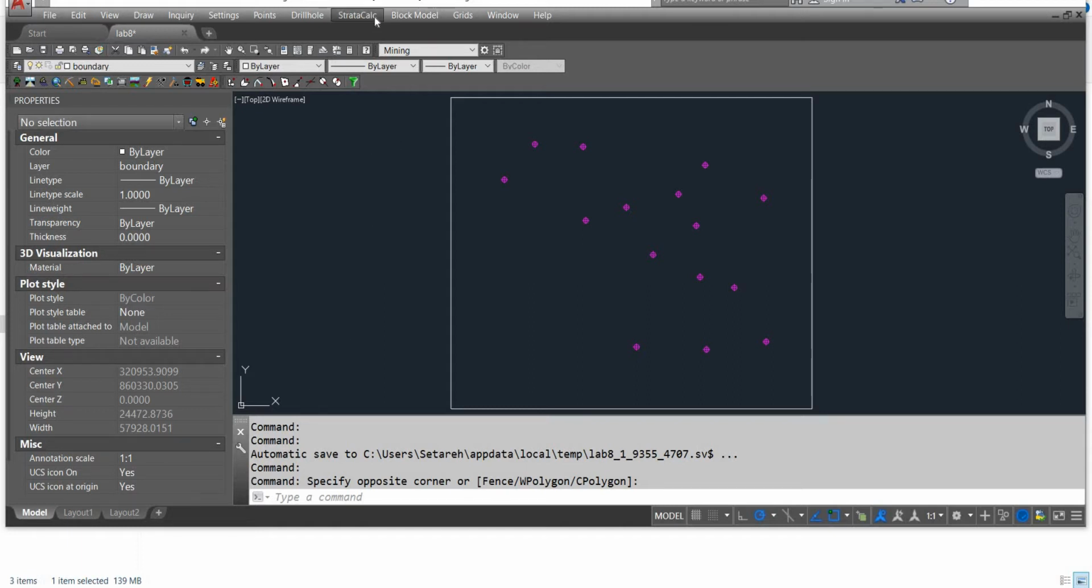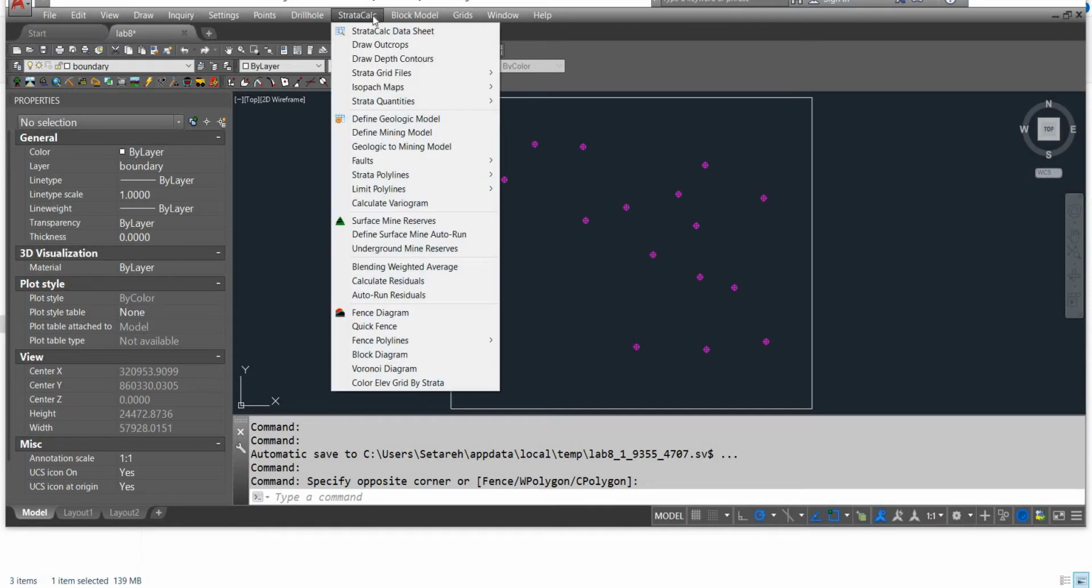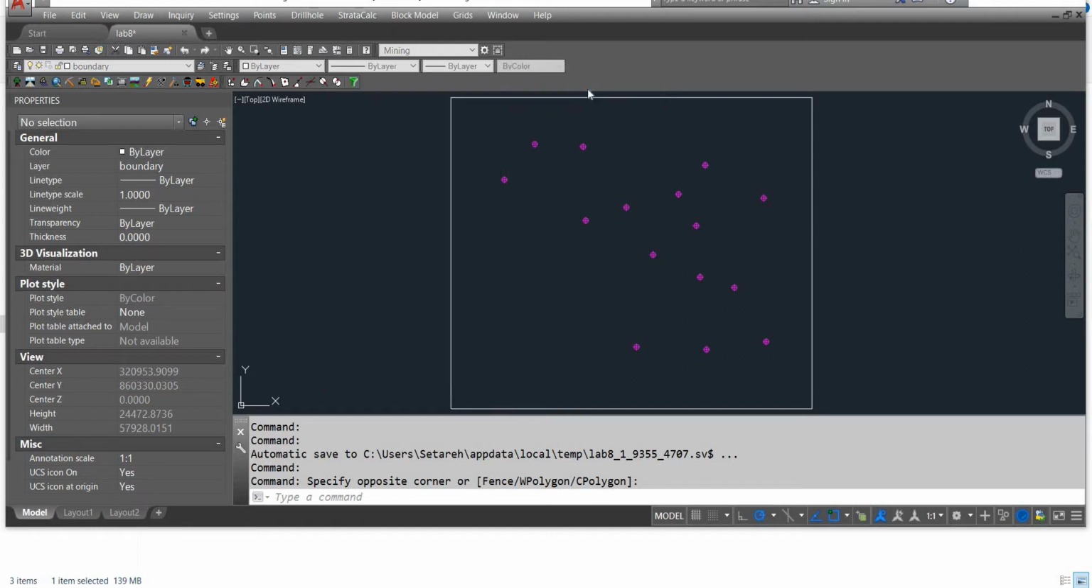So go back to StratoCalc, and what we want is the strata grid files, and we can do the same as define strata grids auto run. So have in mind that right now, instead of elevation, we want thickness grid files. Then based on thickness we can define where to have them. So we go to define strata grid auto run,